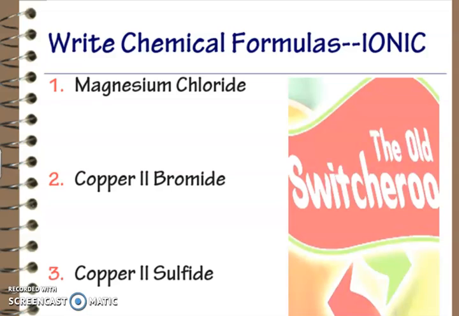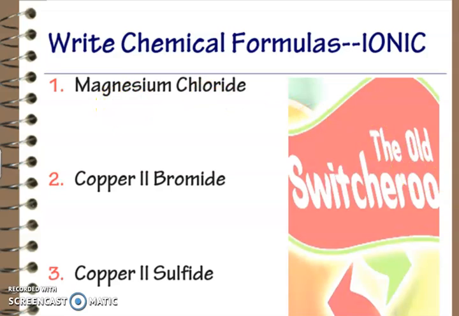Ellsworth, and what we're going to be talking about today is writing chemical formulas for ionic compounds. These are binary compounds. They involve just one positive ion or cation and one negative ion or anion. Each one of these just has one single atom ion in it. There are no polyatomic ions in this section. So what we need to do is write down the ion for each one of these,